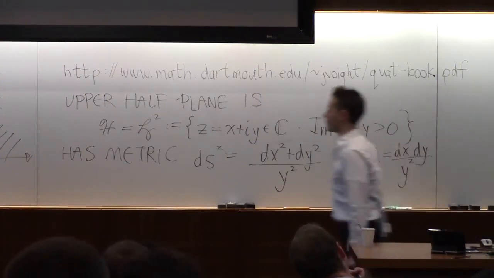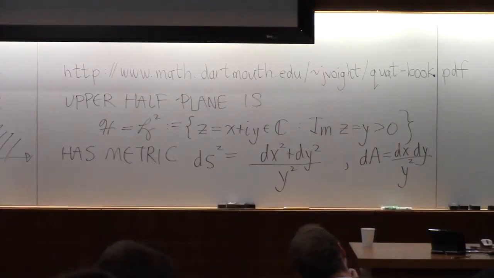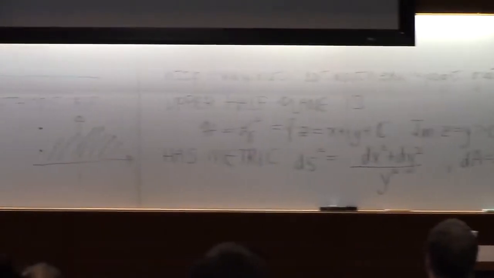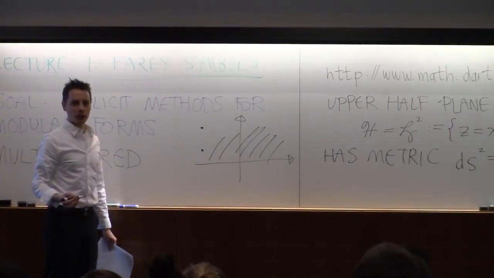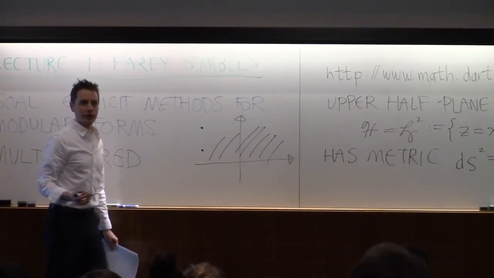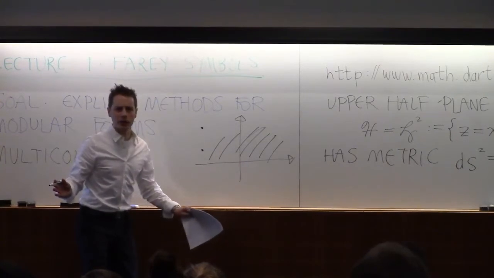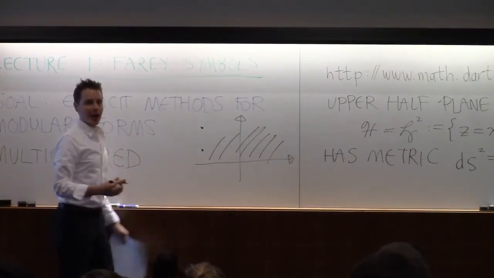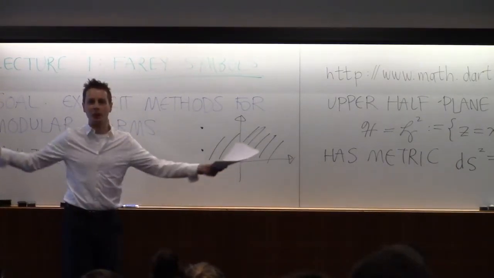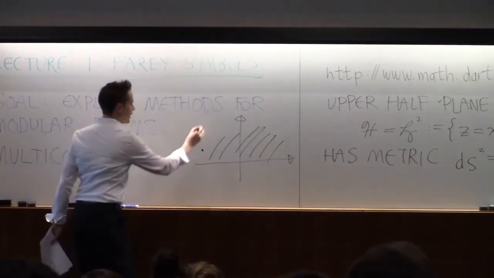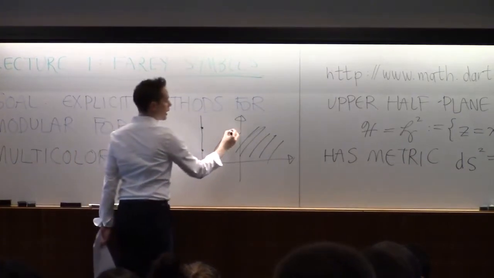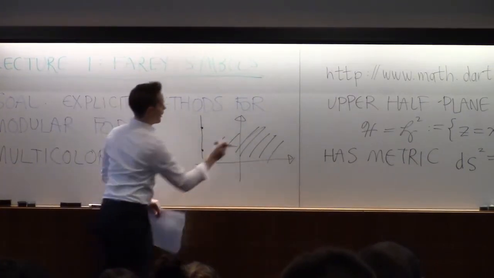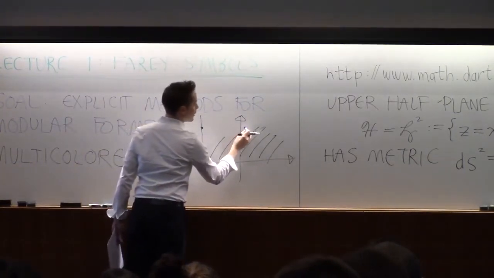So what do the geodesics in the upper half plane look like? Well, if I were to take 2 points that have the same real part, what's the shortest path between those 2 points? You guys seen some of this before? Okay, good. I'm an interactive guy here. It's a big room, but vertical line is correct. It's a geodesic.